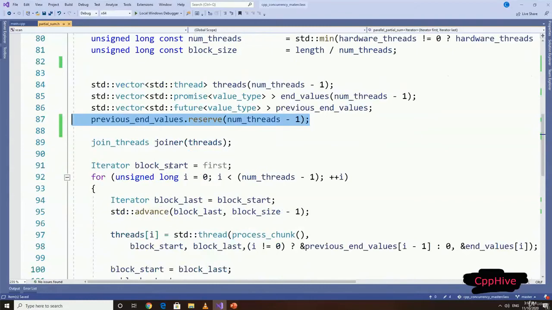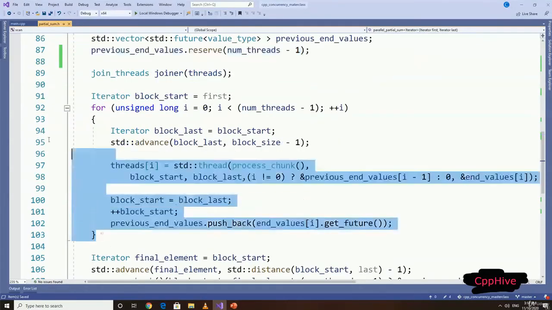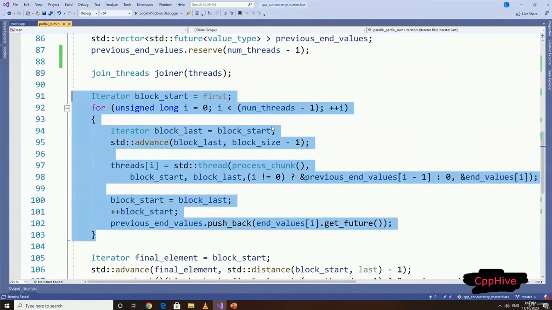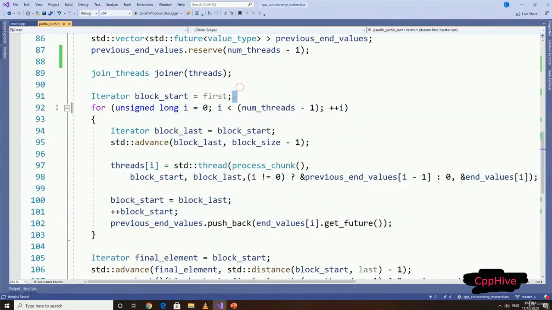Then we need the usual workload and loop here. So let me declare block start iterator here as usual, and then in the for loop, let me declare block last iterator and set it to block start and advance it to block size minus 1 amount. Notice we need the last iterator for block, not the one past last. So that's the reason for block size minus 1 here rather than the usual block size. Then let's set the block start to last and increment it by 1 to get the next block.